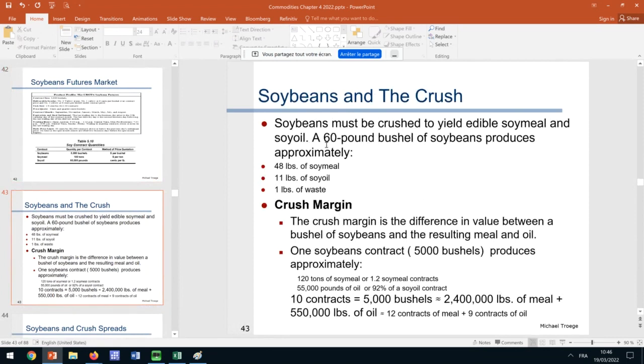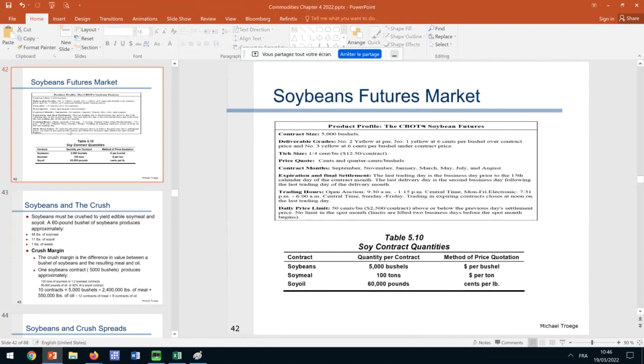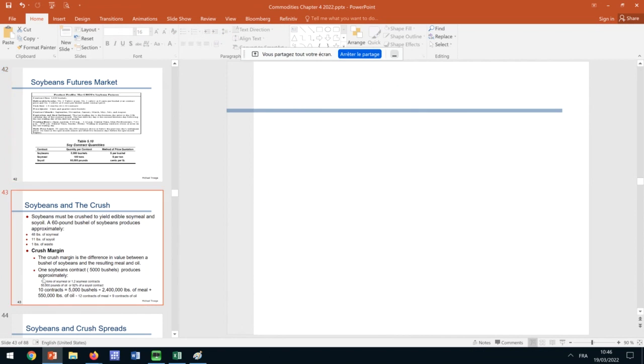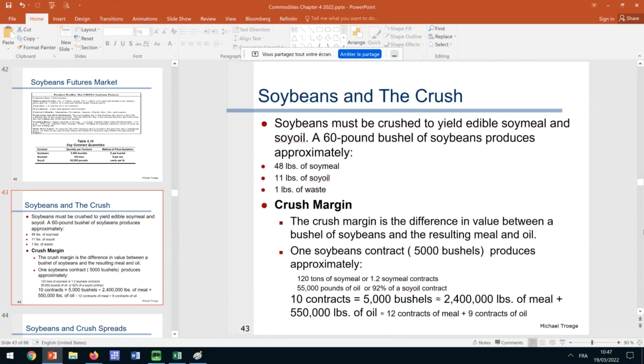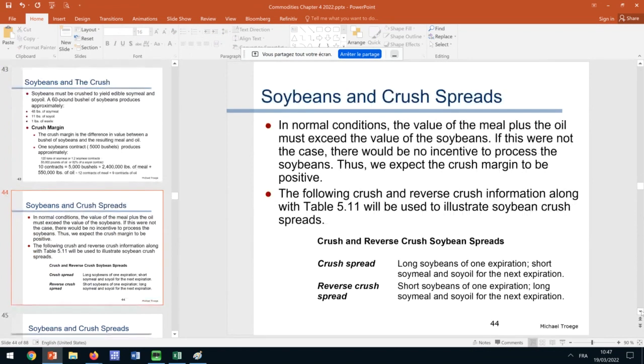The production relationship is that a 60-pound bushel of soybeans produces 48 pounds of soy meal and 11 pounds of soy oil, and a bit of waste. Now if you calculate how many contracts this corresponds to, you will realize that, roughly speaking,